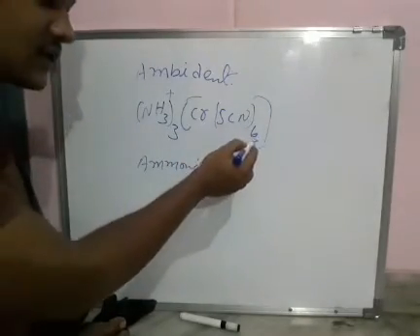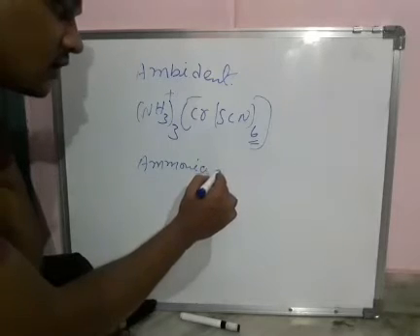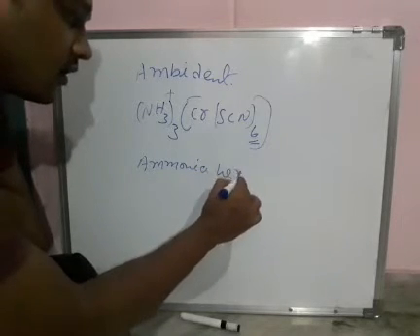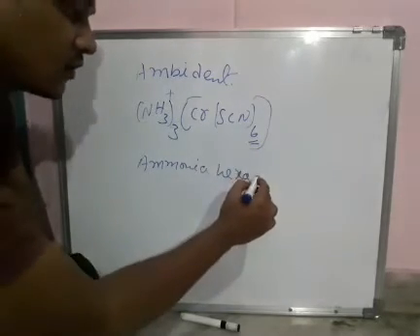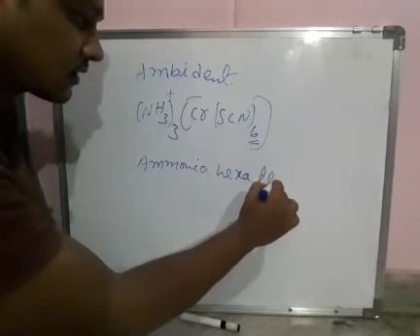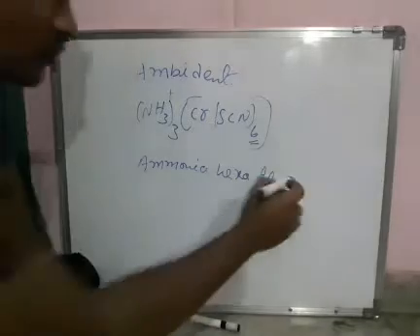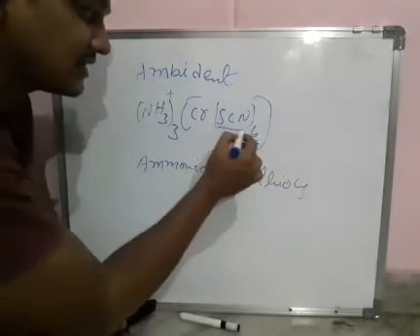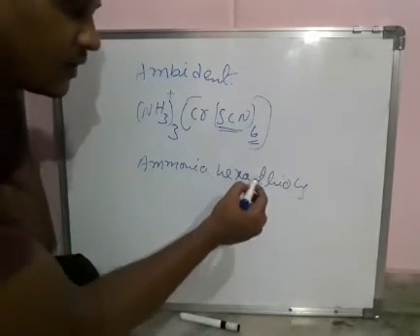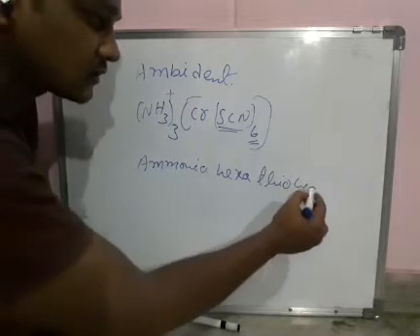How many ligands are there? 6 ligands. Here it is represented as thiocyanato. SCN is a negative ligand, so it should be represented as